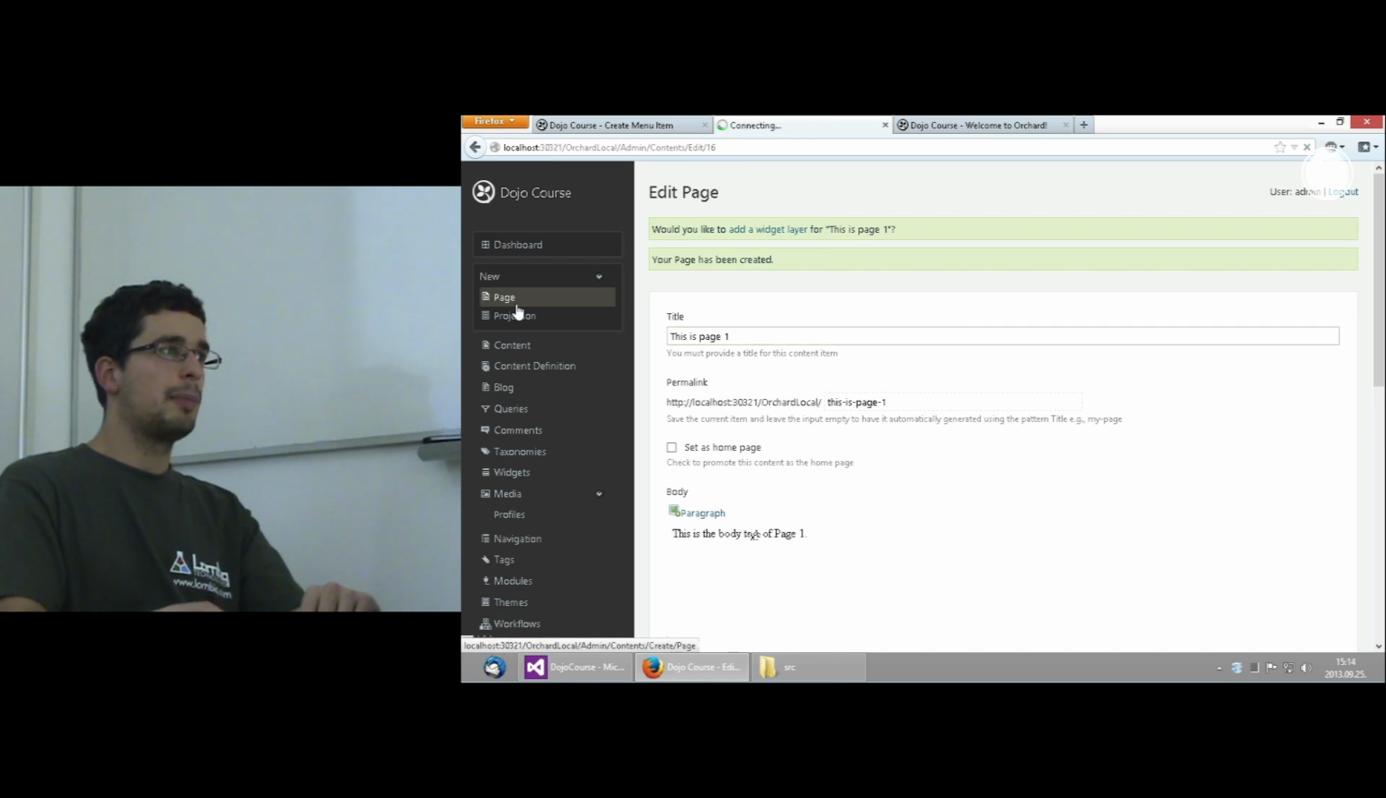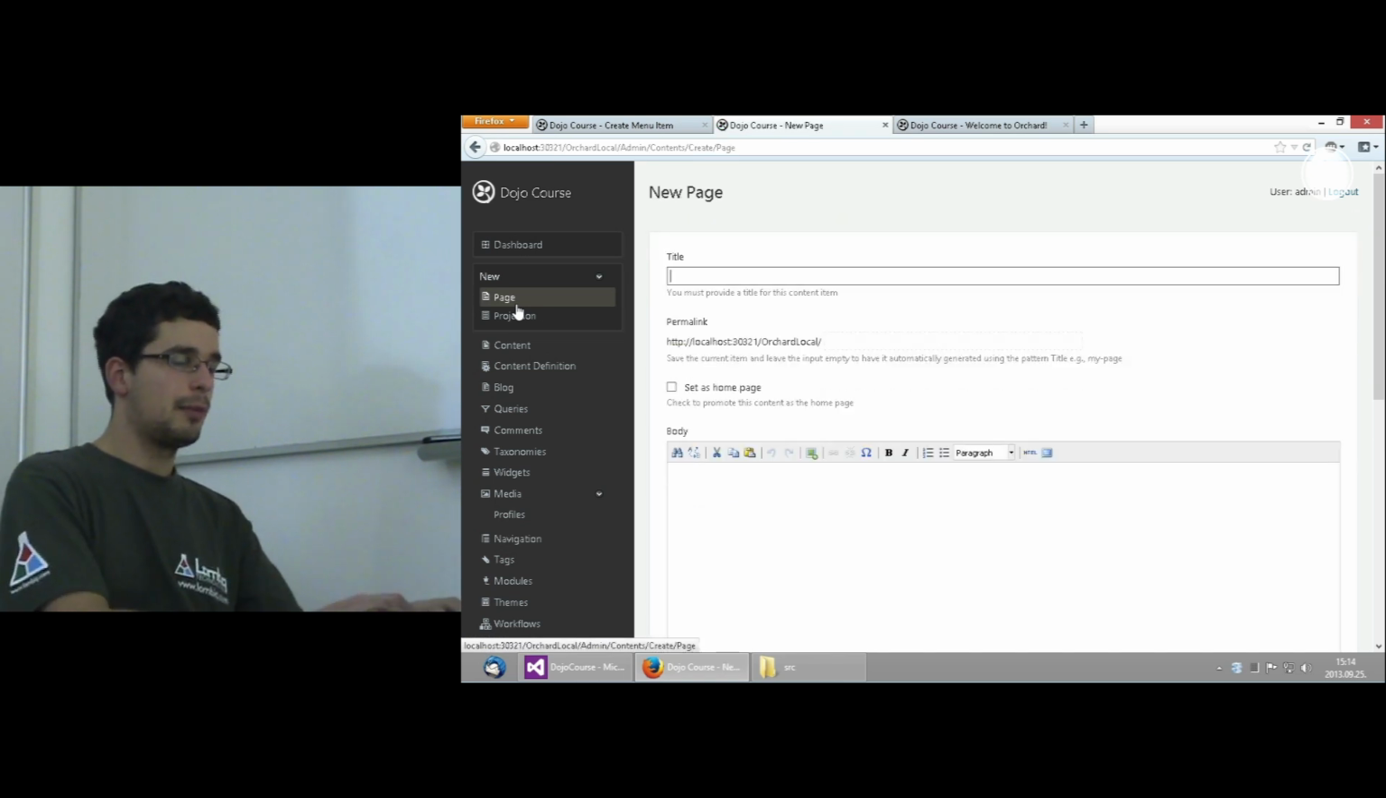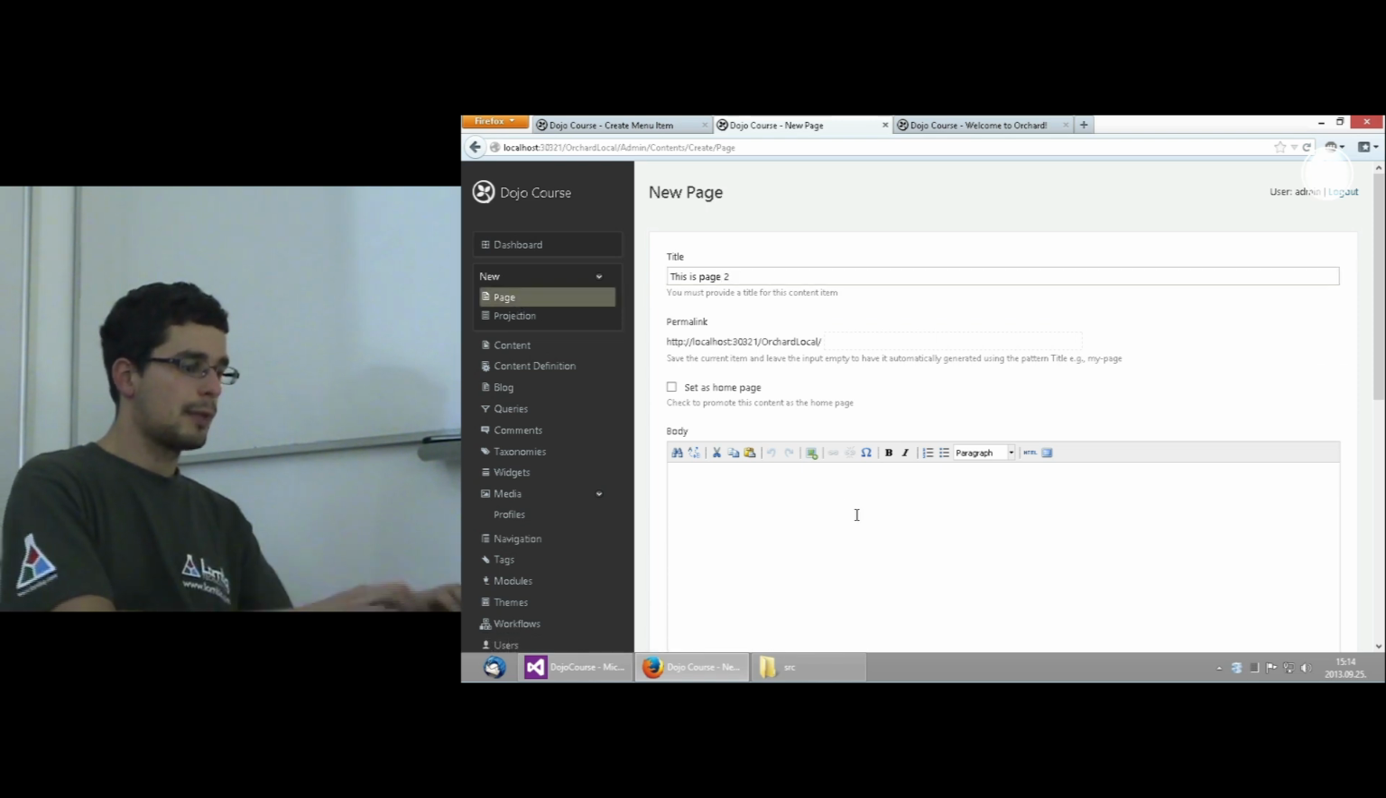And let's create another page just so we have 2 pages. So this is page 2, and this is the body